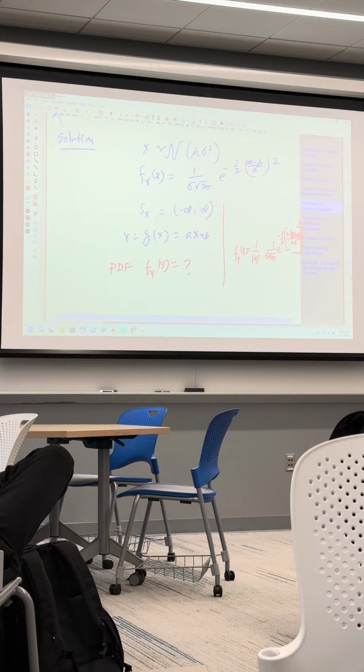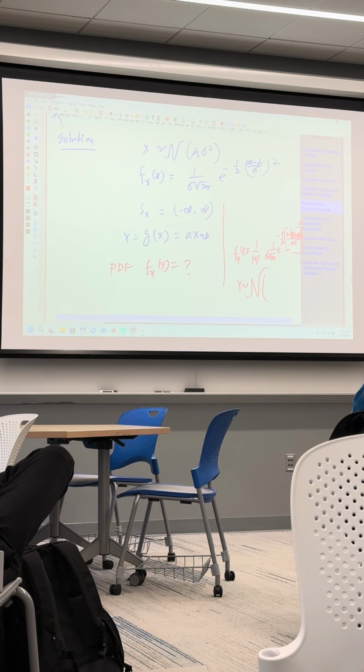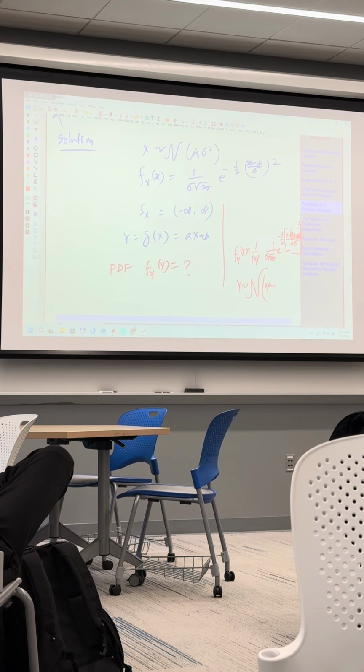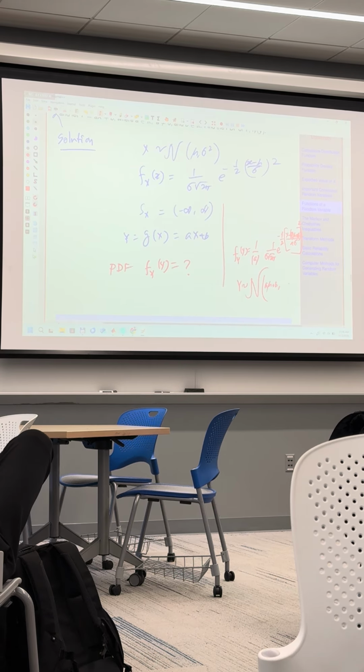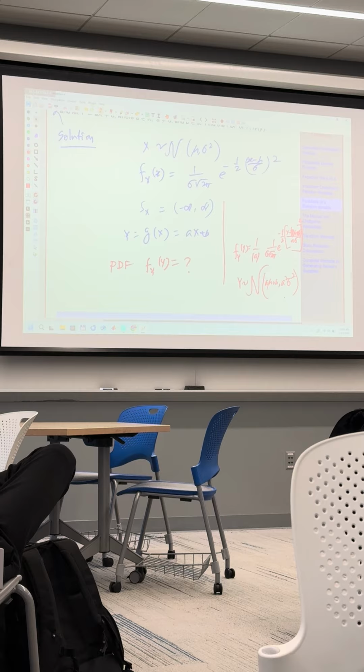Okay, so this is your PDF, which is basically y is a Gaussian random variable, mean is changing, which is a mu plus b, and variance is basically a squared sigma squared. So I just used the previous formula and I wrote the answer directly. Okay. Now